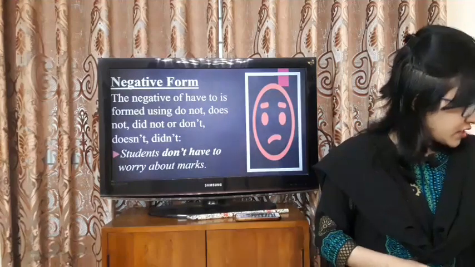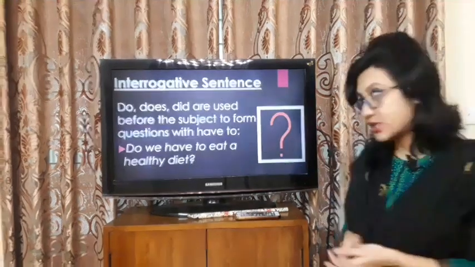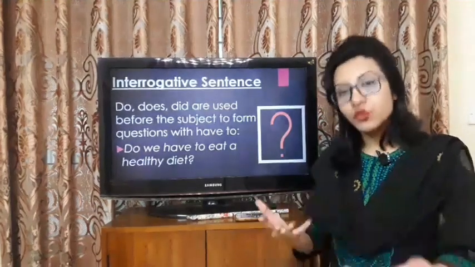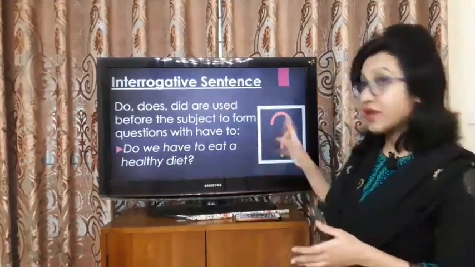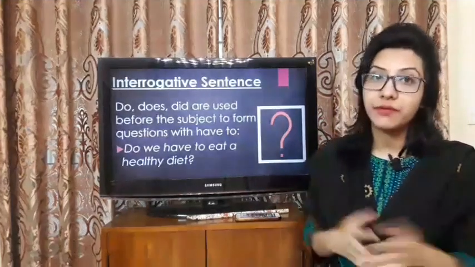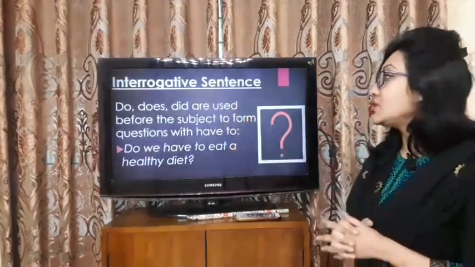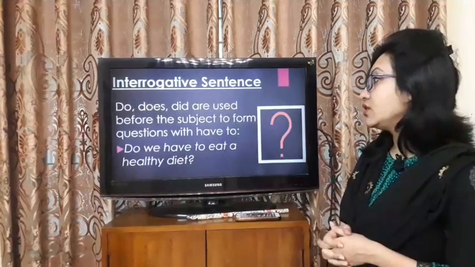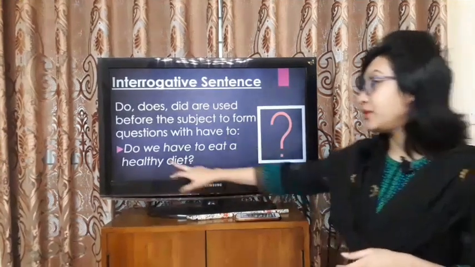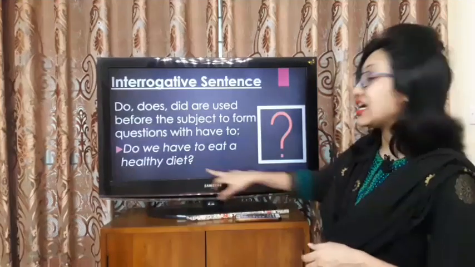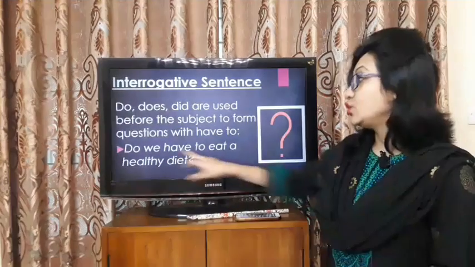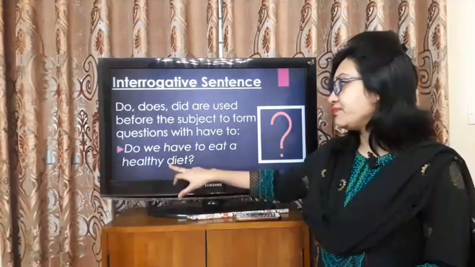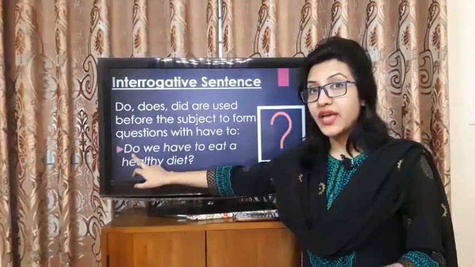Moving on to the interrogative form of using have to or has to. If I use have to or has to in an interrogative sentence, or a question, how will I use it? Let's see. Do, does, did are used before the subject to form questions with have to. For example, do we have to eat a healthy diet? Do we have to eat a healthy diet? So here of course we have used